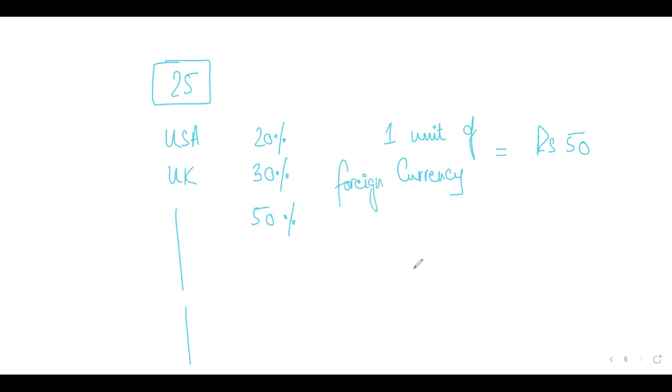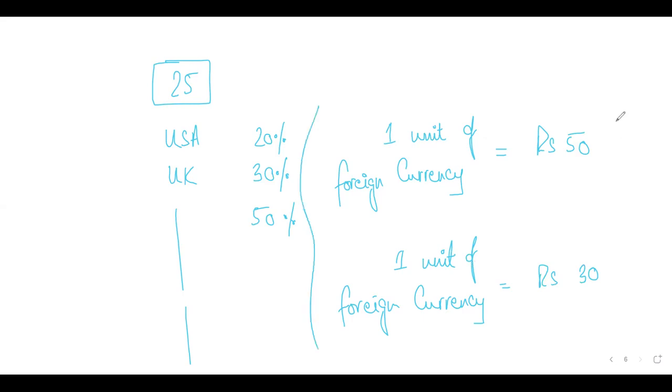And similarly, if in future 1 unit of foreign currency is equal to 30 units of Pakistani rupees, then what does this tell? If we move from here to here, did our currency appreciate or depreciate? Think again, Pakistani rupees. Did Pakistani rupees appreciate or